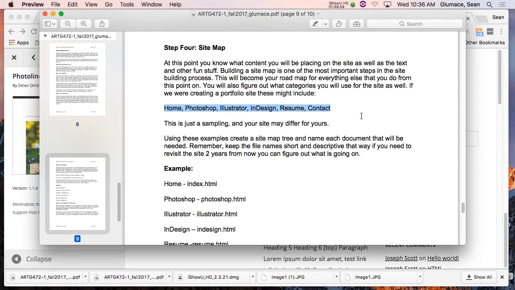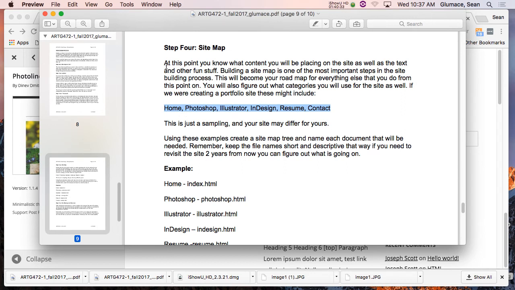Photoshop, Illustrator, InDesign, and Resume. So that's my site. I have my Photoshop work, I have my Illustrator work, I have my InDesign work, I have my resume up, and then my contact. And quite frankly, my resume would probably just link to LinkedIn. Because that way I don't have to update it in 2 places. So it might be just an external link out. Contact, real simple, it's your contact information, or it could be under about, or maybe you have both, contact and about. Then Illustrator, Photoshop, I might have subcategories under these.